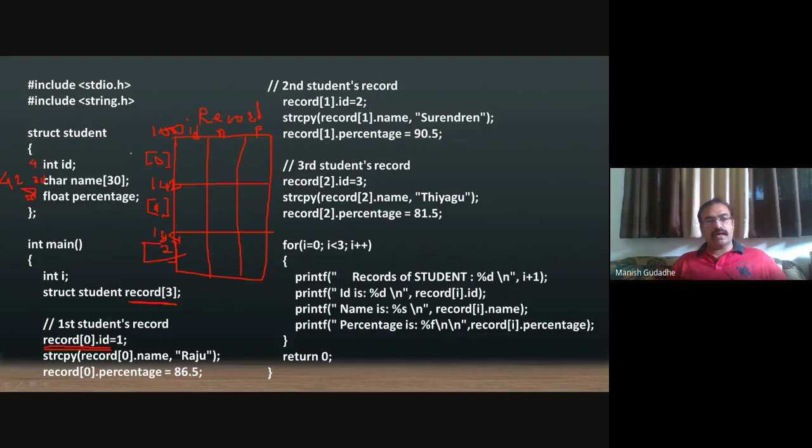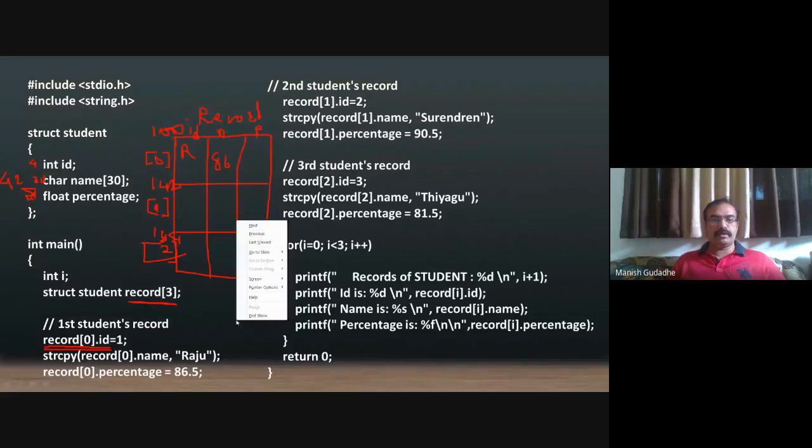So this is record 0 ID, record 0 name, record 0 percentage. Then in continuation, record 1 ID, record 1 name, and record 1 percentage. In continuation, record 2 information. So this will be Raju with 86.5%. Sorry, record ID as 1.